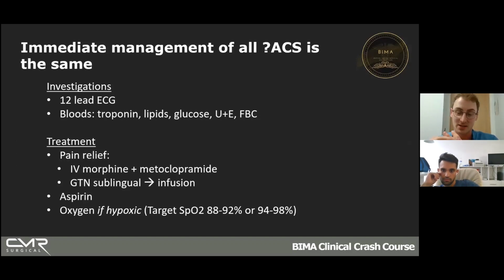You then want to do some blood tests. So you can do a troponin if they've got some ischemic changes. You can do lipids because this is showing risk factors for heart disease. You can do a glucose. Diabetes is another risk factor for heart disease. You do a U&E because if they need an angiogram or a PCI, they inject contrast. And if you've got knackered kidneys, you can't have any contrast. So you need to know what your baseline is, basically. You then do a full blood count because, again, when they do an angiogram or a PCI, you can lose blood and you can bleed, so you just need to know what's going on.